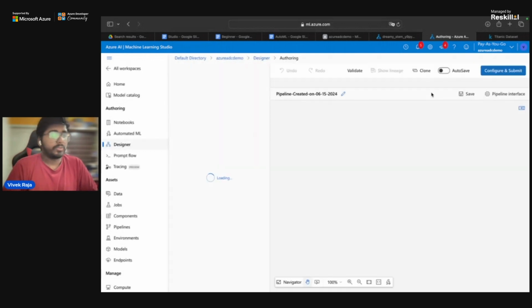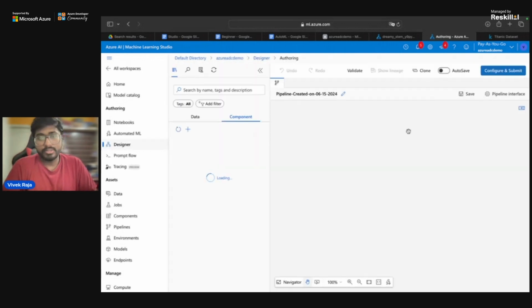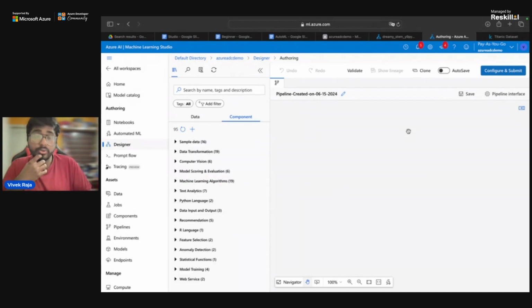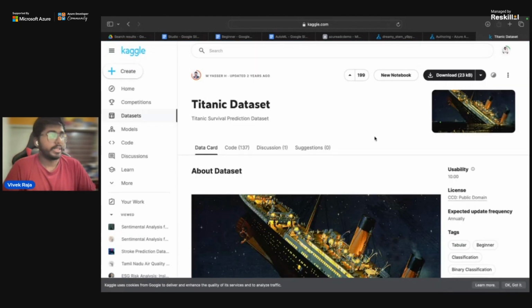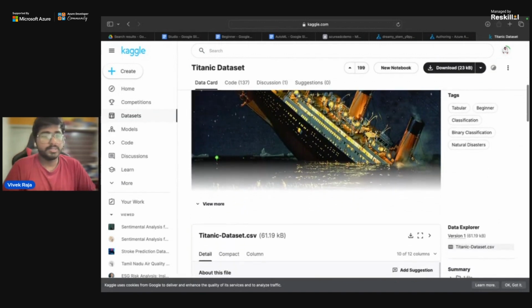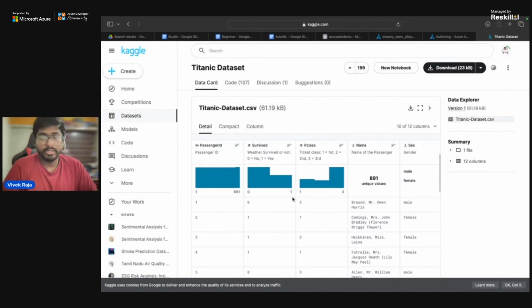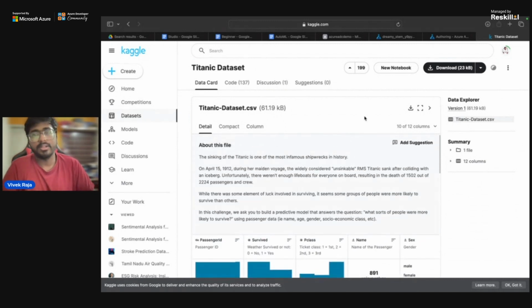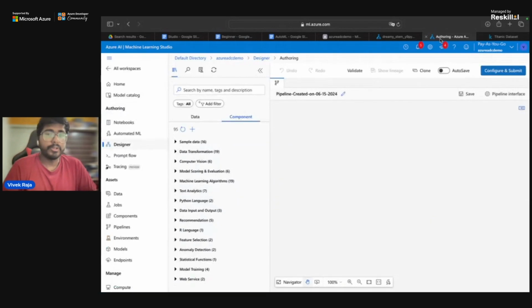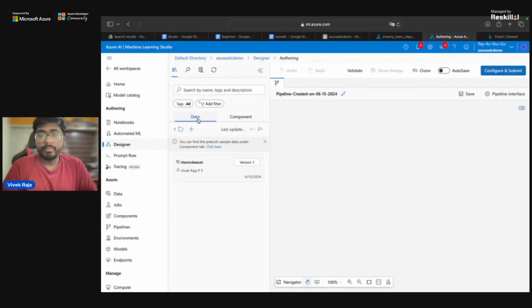As I told you, my aim today is not to teach you machine learning, but how to do machine learning in the cloud. So I'm going to pick the easiest dataset, which is very conventional: the Titanic dataset. If you haven't heard about it, it has information about the passengers and a count of who survived and who didn't. It looks a little dark, I know, but it's going to help us learn something new today. Let me try to import the data first.